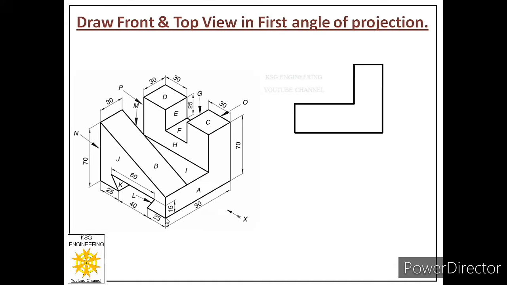Now we'll look for the next visible face, that is an inclined face, face number B. So how to plot face number B? The rules are very simple. We have to first locate this face with respect to the first face drawn by us. In order to locate this face with respect to the first face, we have to see how many total points are there on that face. So how many points are there on this face? There are 4 points: 1, 2, 3, 4.